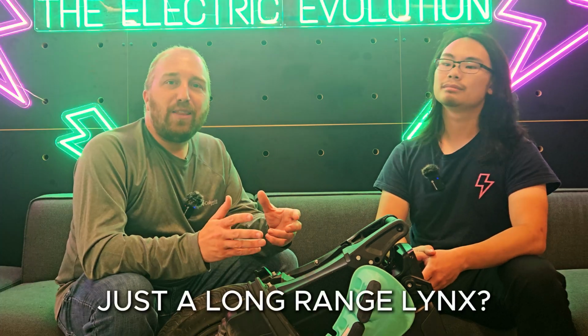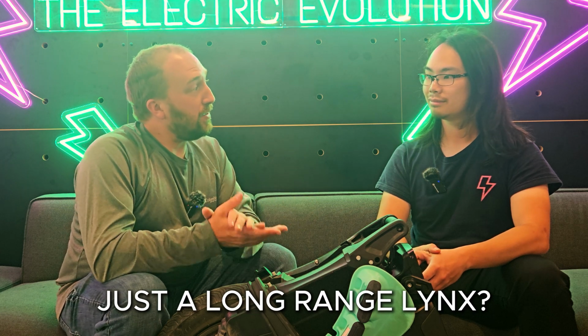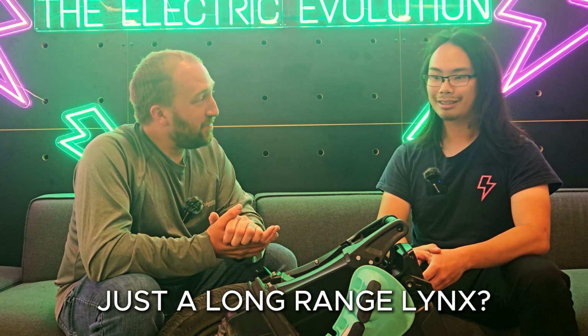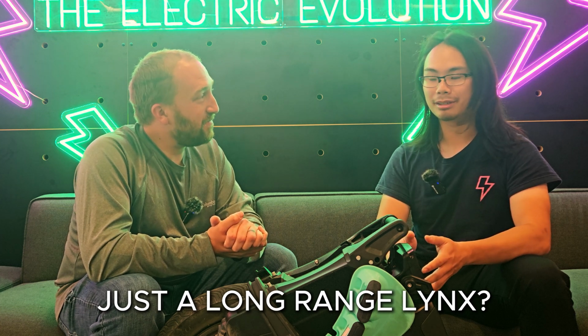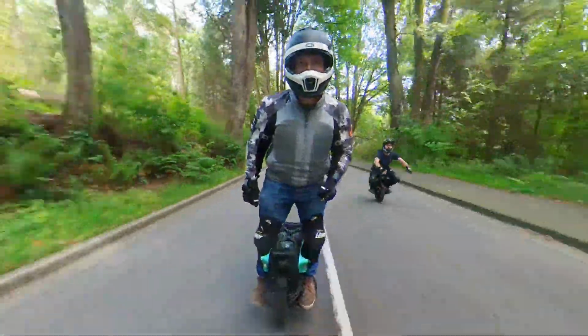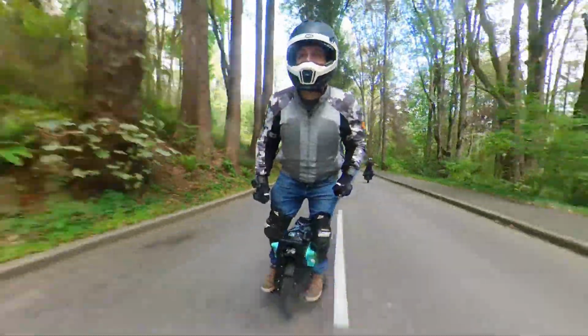So would you say that this is just a longer range version of the Lynx? Yes. I think it's just a Lynx with a bigger battery, and I think that's all it needs to be. Fair. I think a lot of people were a bit disappointed that it has only a 3200 watt motor,